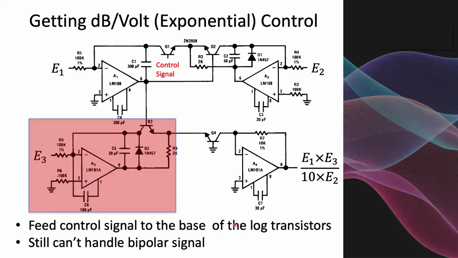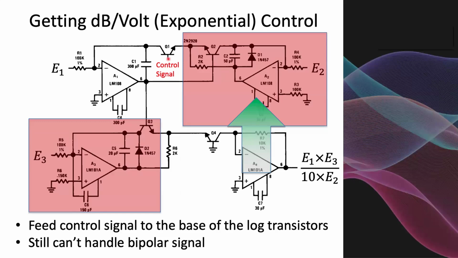The first thing to recognize is that if we take out this section here, E3, which is a multiplier, and apply the control signal to the base of this transistor, we can get an exponential control of the gain of that circuit. Still only unipolar. If we then look at that, we'll notice that actually this circuit's now redundant, and if we combine this circuit with this circuit, what we get